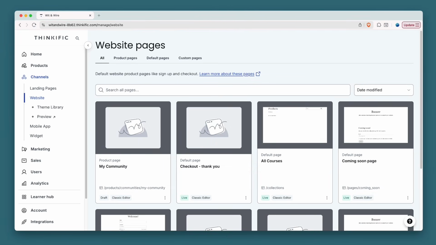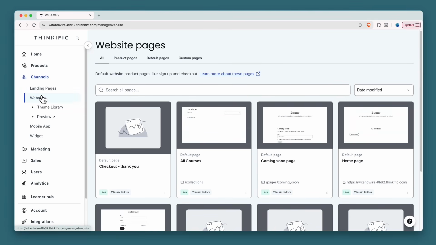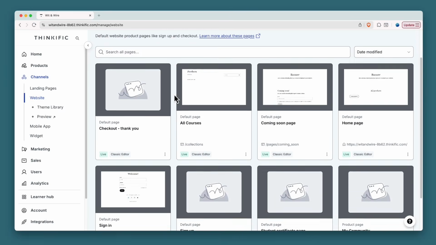And I want to clarify that while yes, you can technically build a homepage and your product landing pages with Thinkific, I wouldn't necessarily say that you could build a fully functioning website the way you might think of with Squarespace, WordPress, or Showit. So let me show you what I mean. Right now, I'm looking at the website tab, and you can see that there aren't very many pages in a